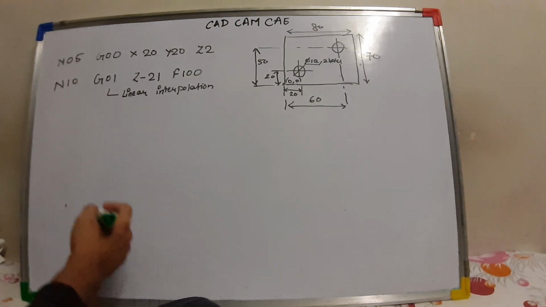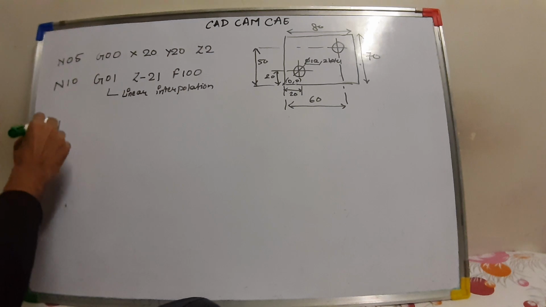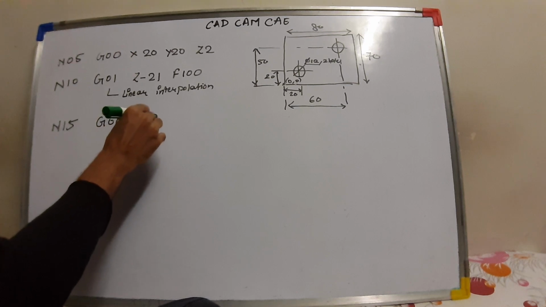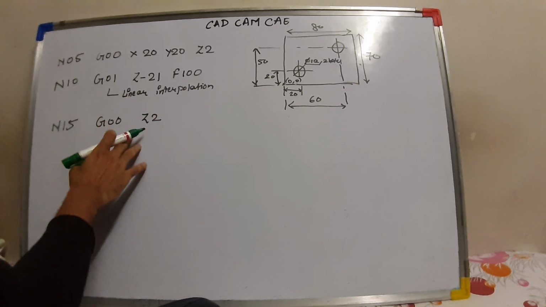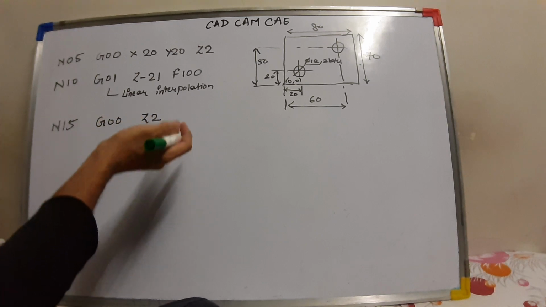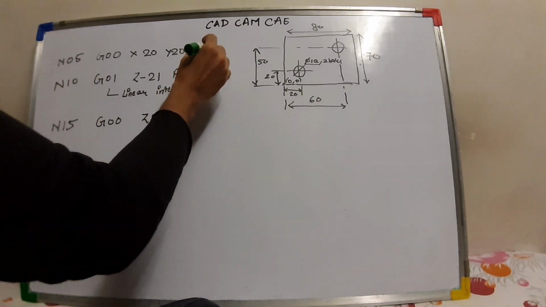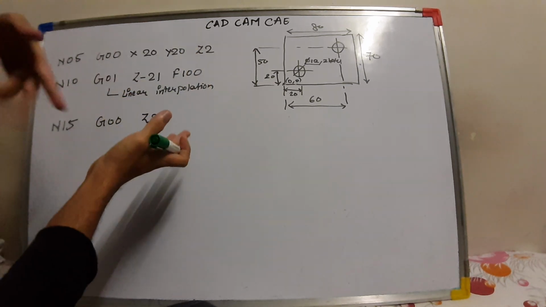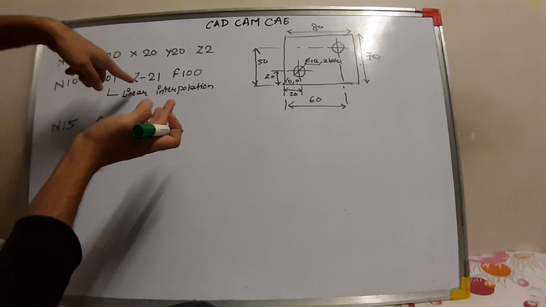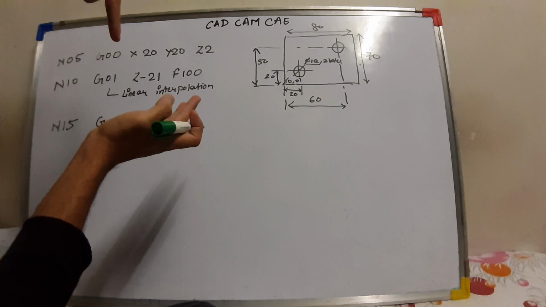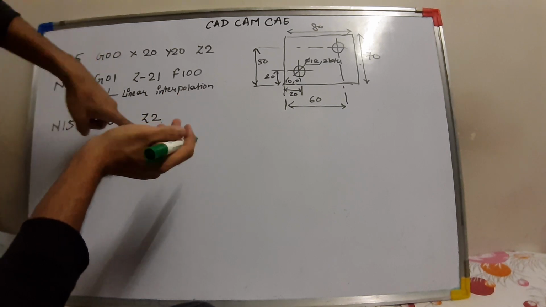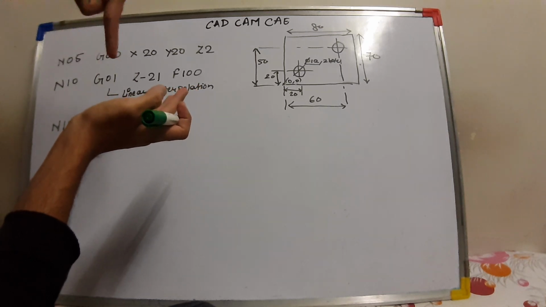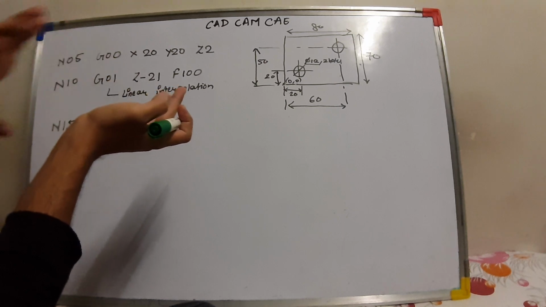All right, so next what is happening, next line of programming, N15 G00 Z2. So what is happening here, again rapid positioning, Z at 2. So initial position where Z was, Z where your tool was. Okay, so once the drilling is completed with minus 21, they are taking it again up, okay, by giving a command rapid position of the tool to Z2. Again they are taking the tool in the upward direction. Okay, so one drill operation is done.